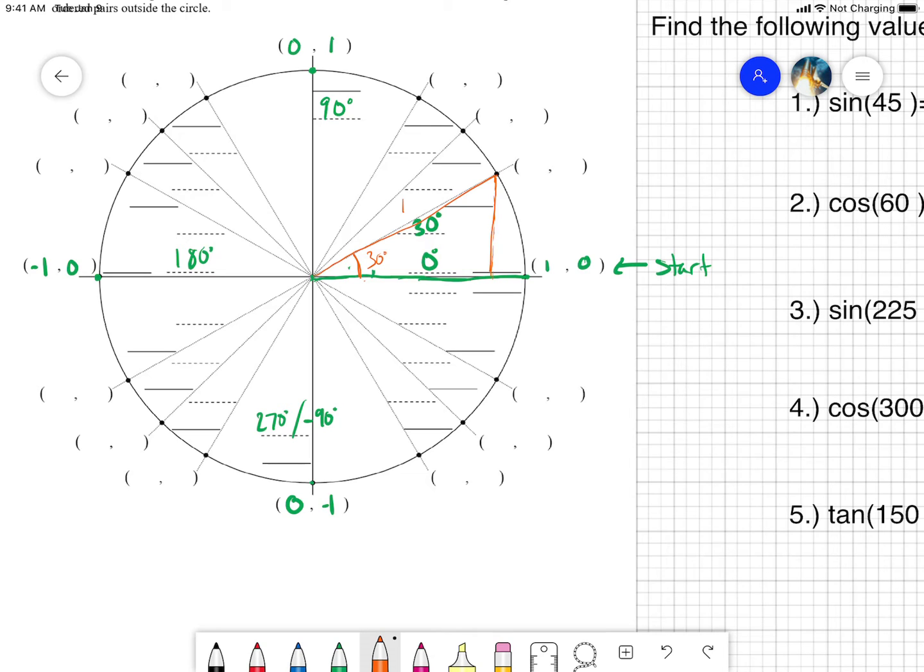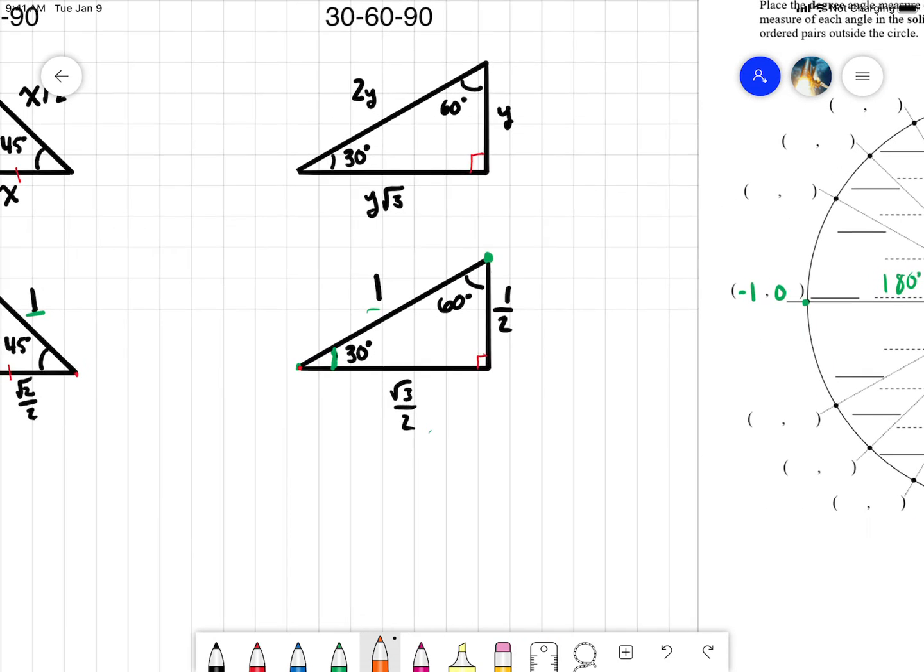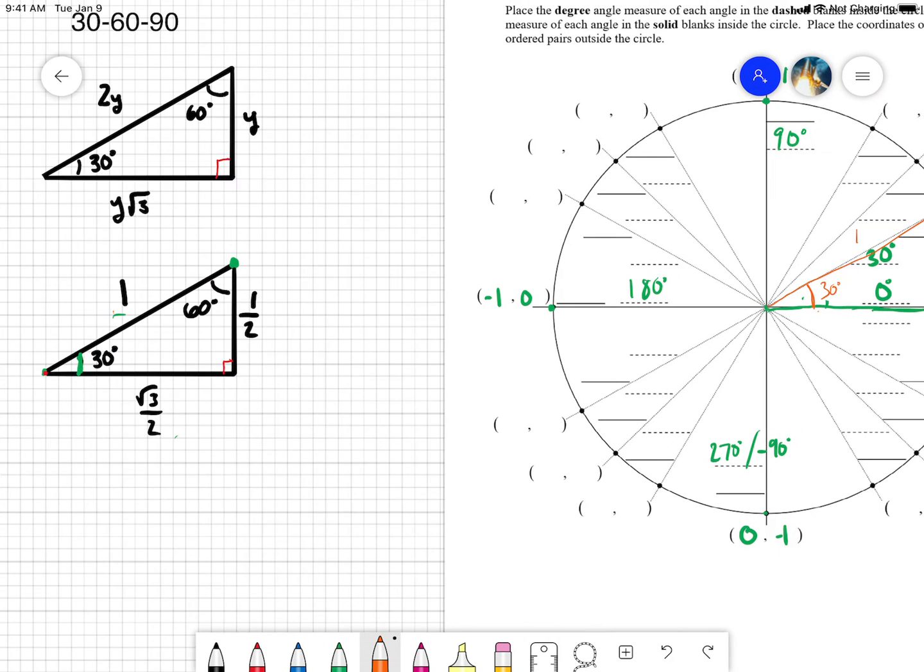So if that's a 30, 60, 90 triangle with a radius of 1, right, we know to get to this point up here, I went to the right, rad 3 over 2 units, and then I went up half a unit, which would make this coordinate right here